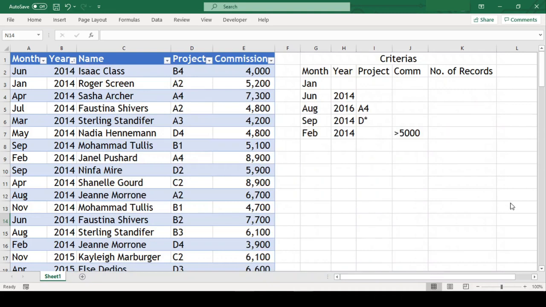Have you ever encountered a situation where you need to provide the total number of records, but depending upon one or more criteria? In case you need to find the number of records with exception and/or multiple exceptions, which generally is a real life situation, Excel's COUNTIFs function comes to the rescue. Today in this video we will see how we can use the COUNTIF and COUNTIFs functions in Microsoft Excel with the help of some examples. So stay tuned.